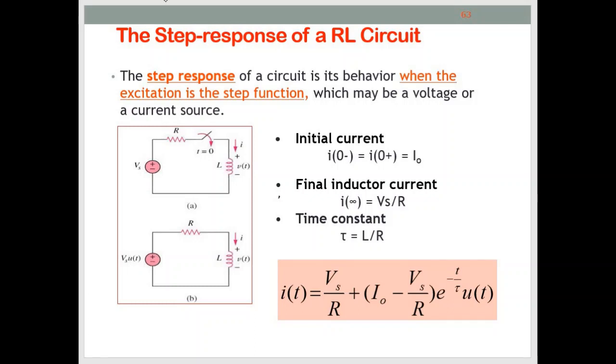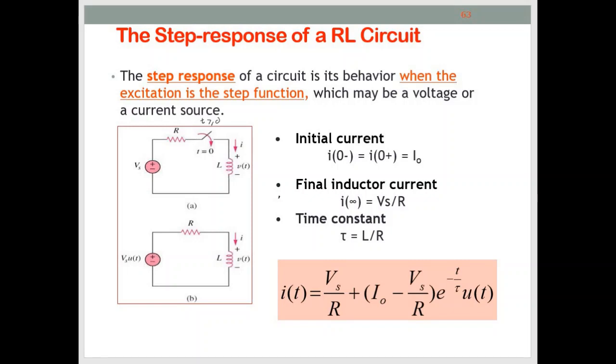Last subtopic of first order circuit, the step response of an RL circuit. Similar to the step response of RC, the voltage source in this basic circuit of step response RL exists when t is more than or equal to 0. So when the switch is on, figure A will be transformed to figure B, or the line here is connected together. For RL, we are interested to find the current that flows in this inductor,